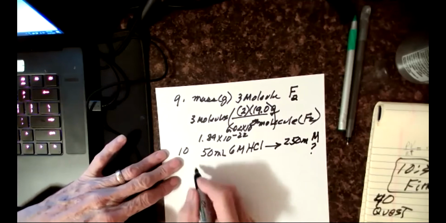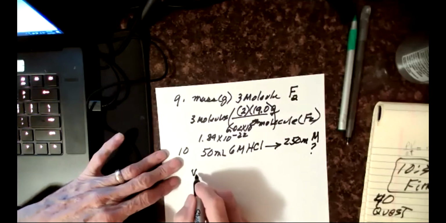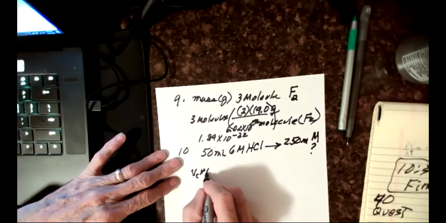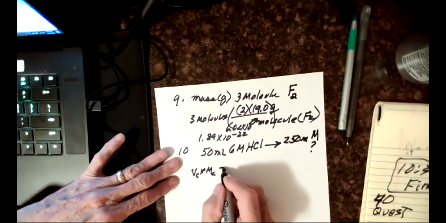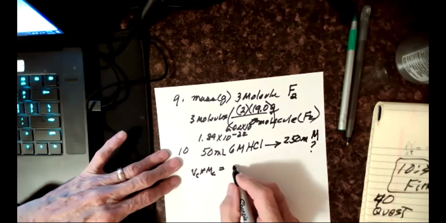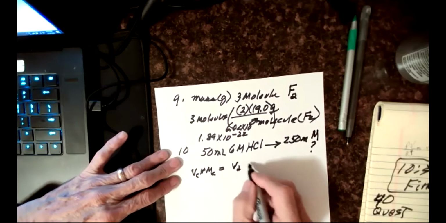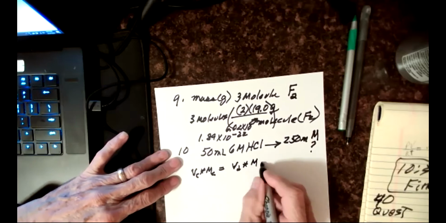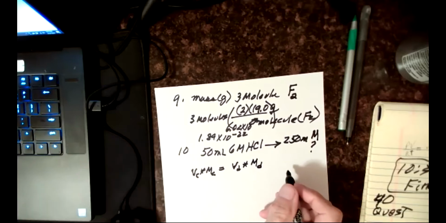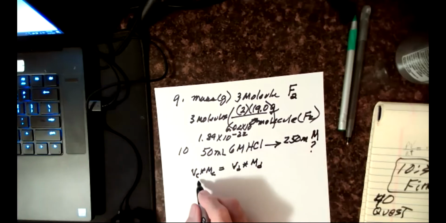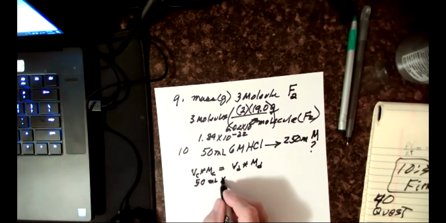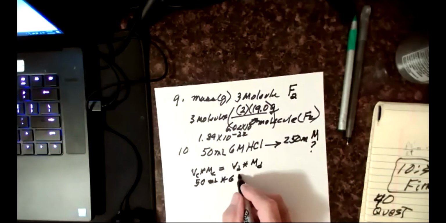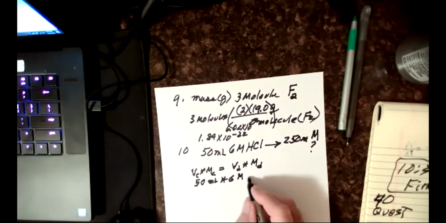And we want to know, what would that new molarity be? Well, remember what we did? We had volume times molarity. Volume times molarity is moles. So the volume of the concentrated solution times the molarity of that concentrated solution has to equal the volume of the diluted solution times the molarity of the diluted solution. Now, I've got my volume, so I can do that. I can say 50 milliliters times 6 moles per liter is going to be millimoles. That's going to have to equal